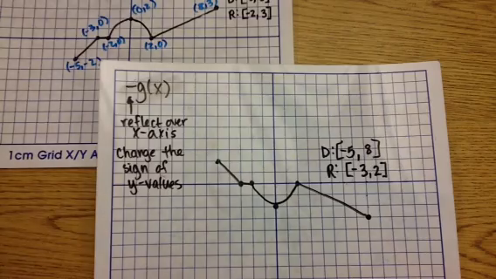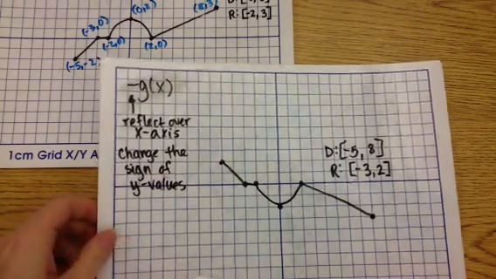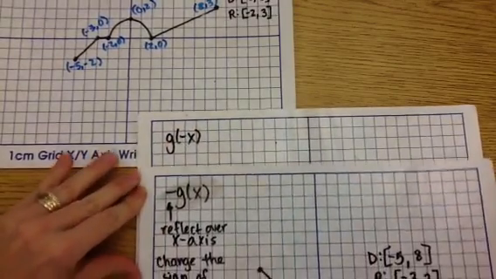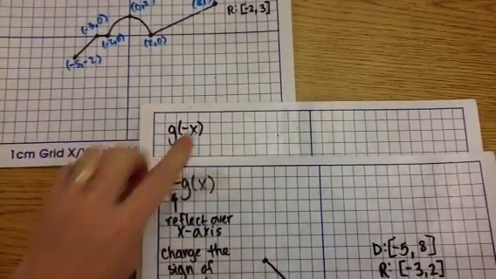Let's look at the other type of reflection now. g(-x). So the difference here is that the negative is now inside with the x, which